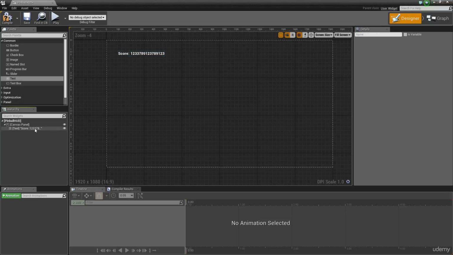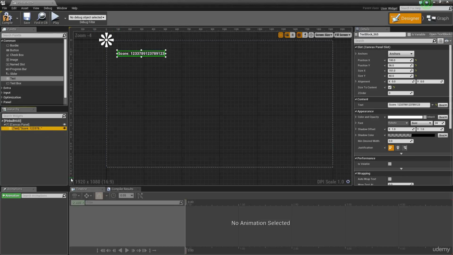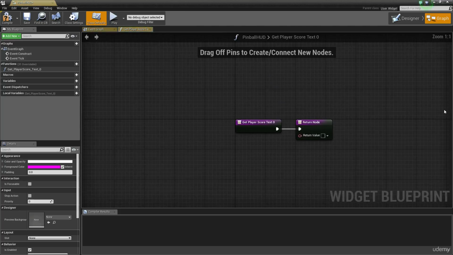Before I do that though, I'm just going to name this to something that's a bit better than what we have as the default. So I'm going to click over here, hit F2 to rename, and just call this player score, just so we have something that's a bit more understandable when we come back to it later. I'm now going to create a binding on the text,